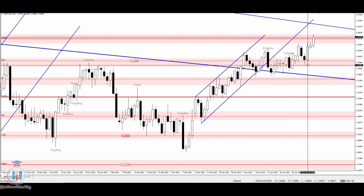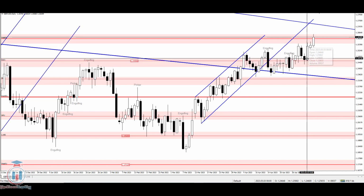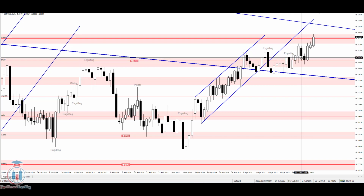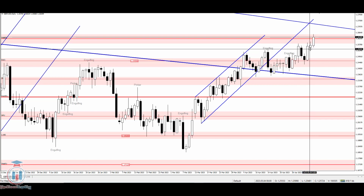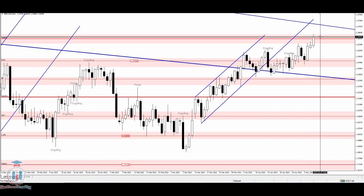After that the price bounced and created on a Wednesday a pretty large candle that overtook the previous 2 days, and the price closed at the same price as on the Friday last week. After that the price continued to move up. It had problems on a Thursday to reach higher levels because of this supply zone, but on a Friday, even though